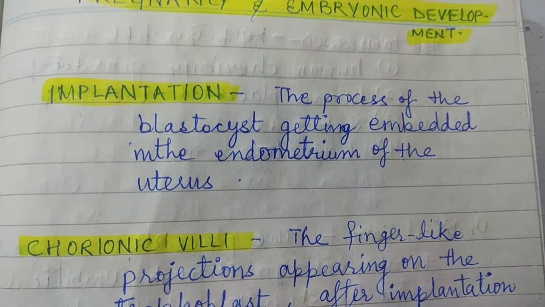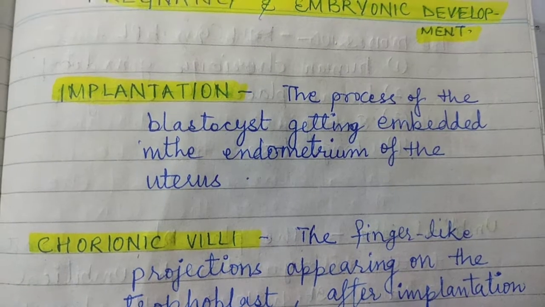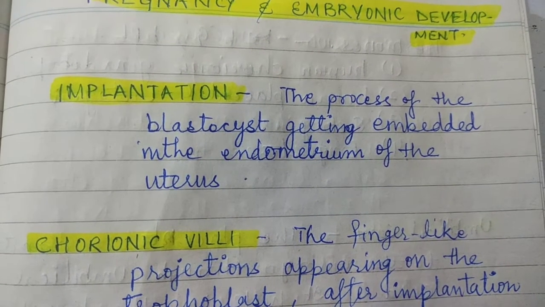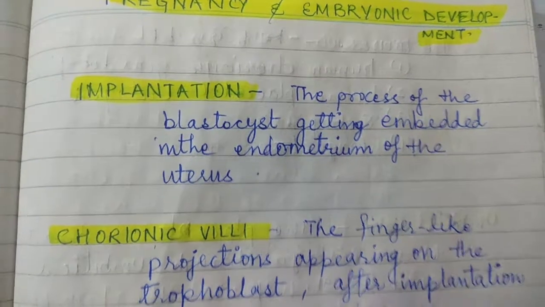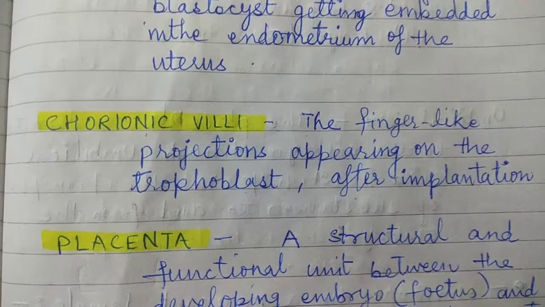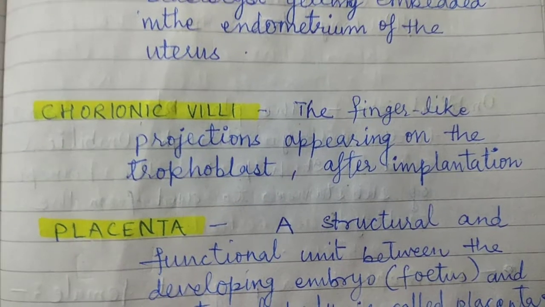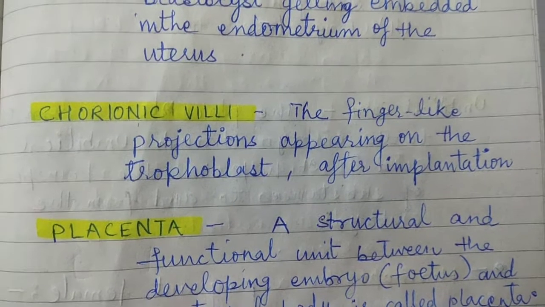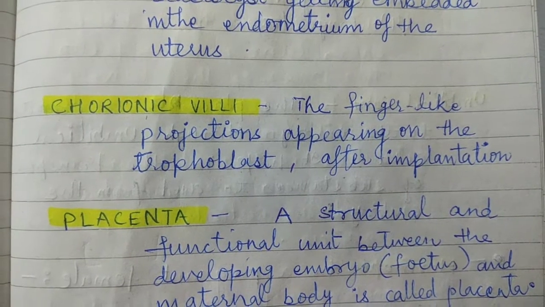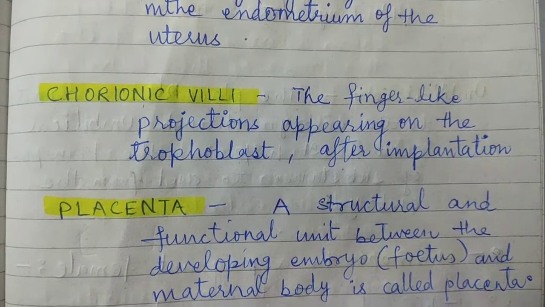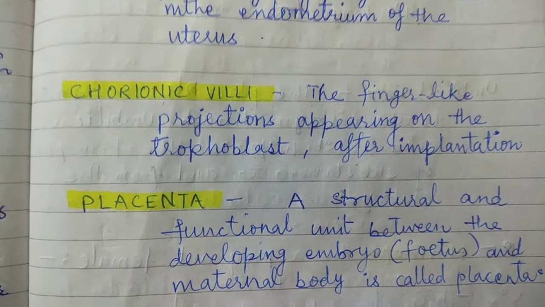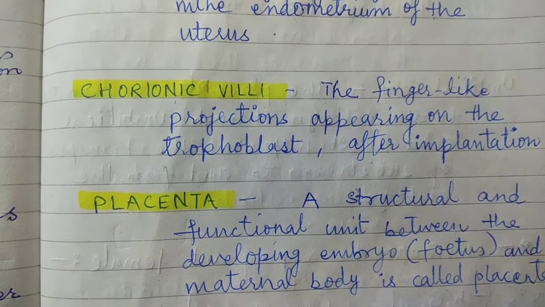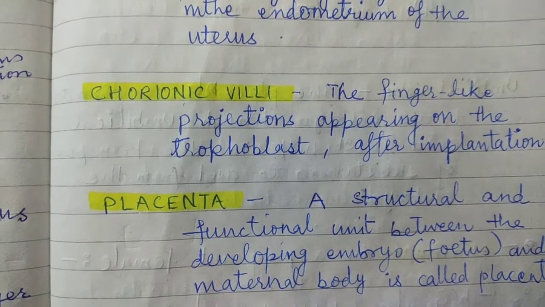The process of the blastocyst getting embedded into the endometrium of the uterus is known as implantation. After implantation, what happens? Finger-like projections start appearing on the trophoblast. These finger-like projections are called chorionic villi. They are very important as they help it get stuck to the uterus, the endometrium, and make a connection